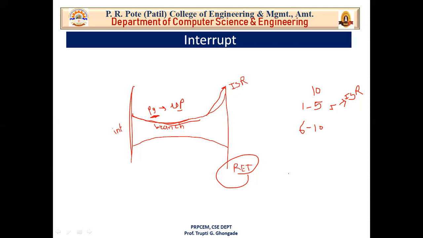Now I know what happens. The processor has suspended the printing program, goes to the ISR, and it is the ISR which is displaying the error message. Now you put in the paper and click continue. Do you restart printing or resume printing? You resume printing. Do you print the same page again? No. You go to the next page.